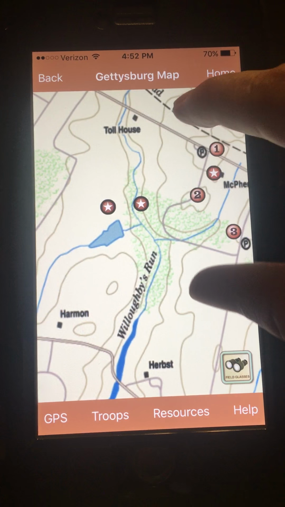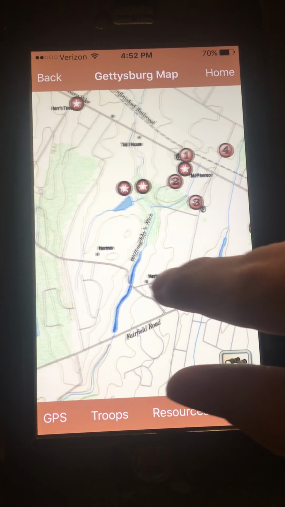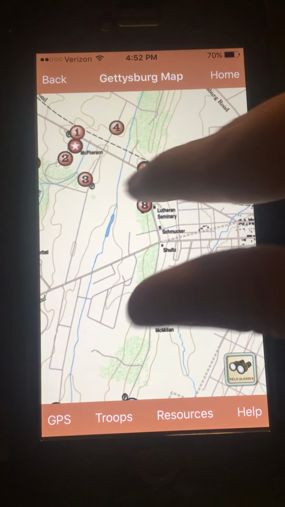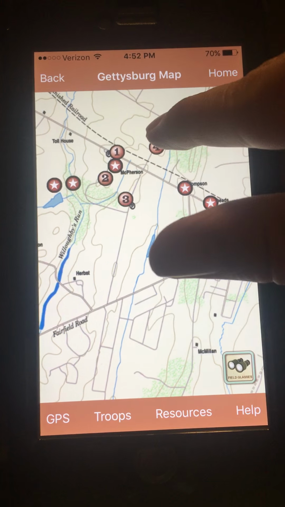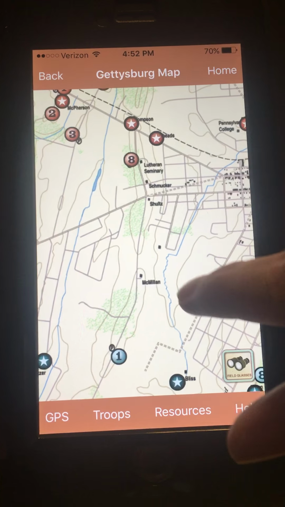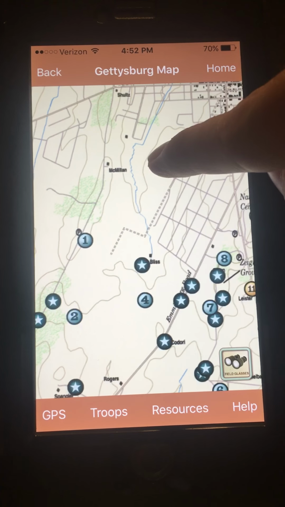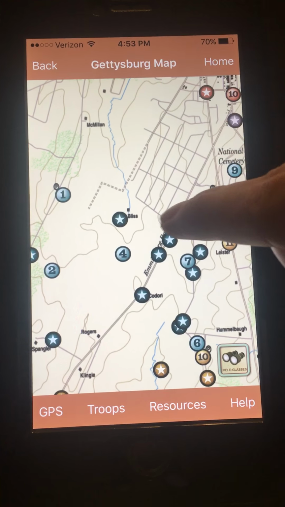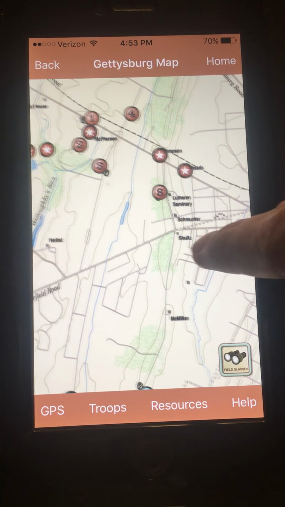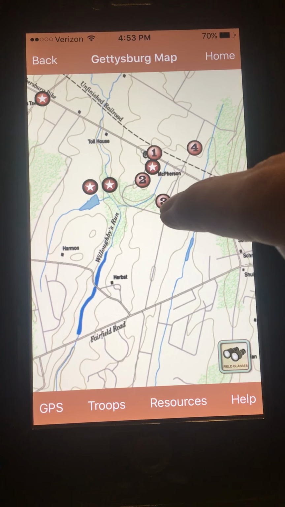And you can see here, if I zoom out a little bit, you can see all of the tour stops on day one, 1, 2, 3, 4, points of interest and all that. So it's an excellent tool in that it shows you Gettysburg, and it has all of the stops on the